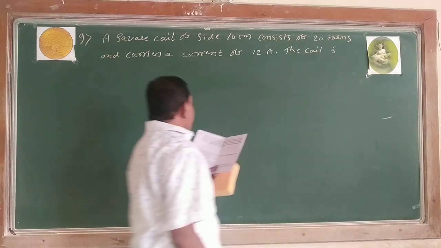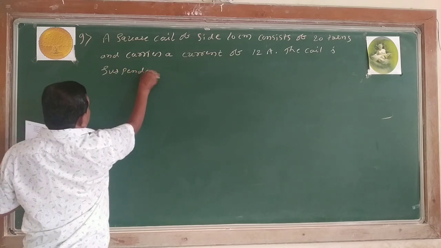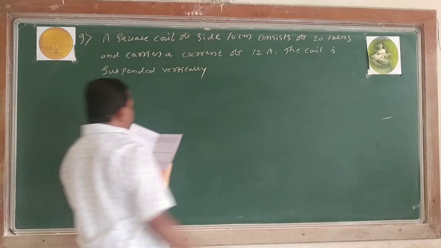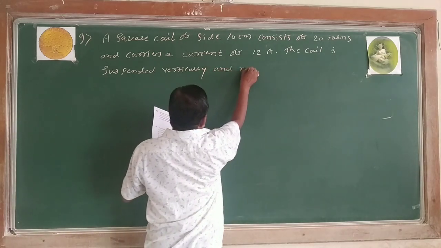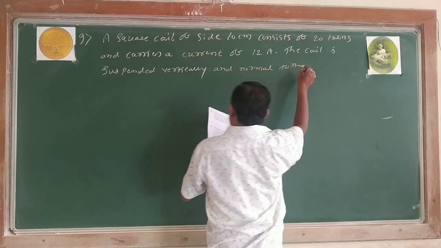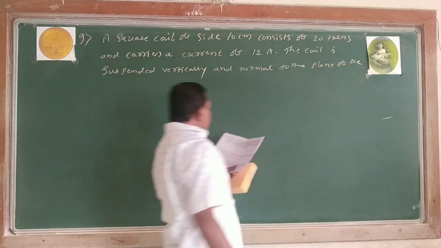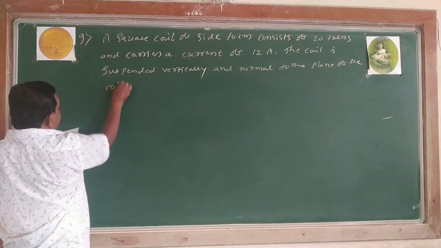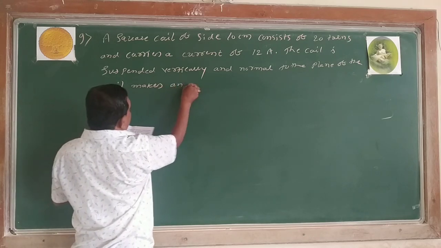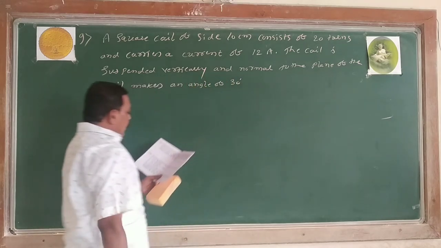The coil is suspended vertically and the normal to the plane of the coil makes an angle of 30 degree with the direction of